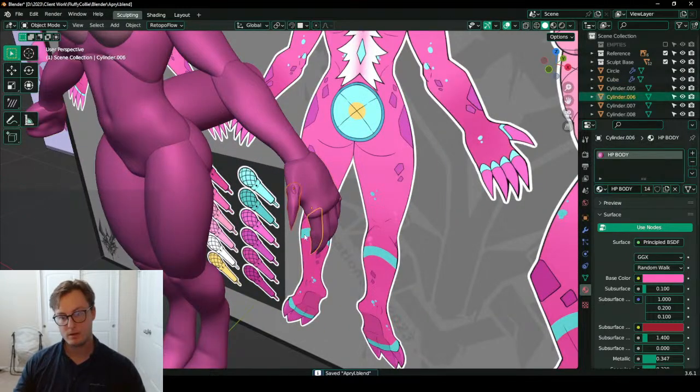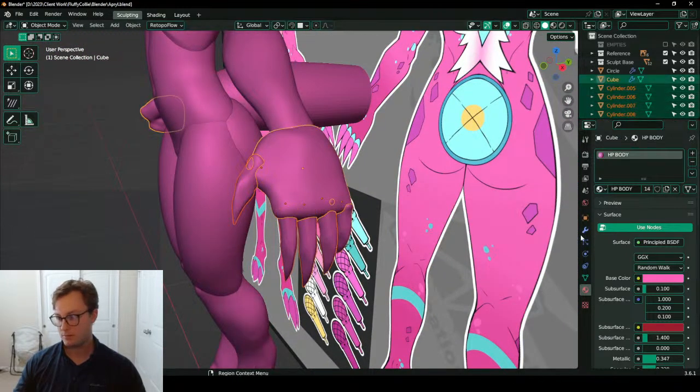So just want to get all the proportions in.